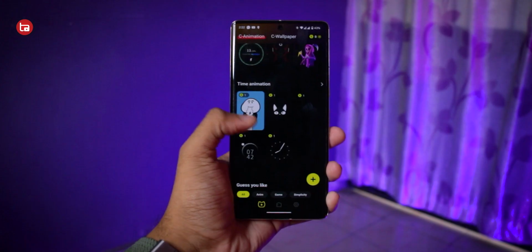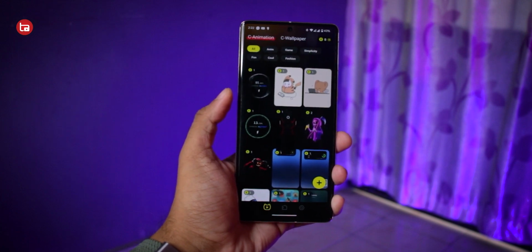and cute as well. So yeah, this is for the people who are really bored of seeing the usual charging animations. You can try different charging animations that you can choose from the large library that's available in the application